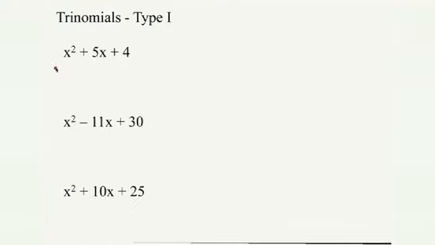Step 1, always look for a common factor in all the terms, just like we said earlier. There isn't anything common in all these. Step 2, with a trinomial, I like to write out off to the side all the factors of the last term. That's what we're looking at, this last number. And here's how we read it. It's the only time I'll tell you this. You read from right to left, and here's how it goes. The factors of 4 that add to give you the middle term 5.